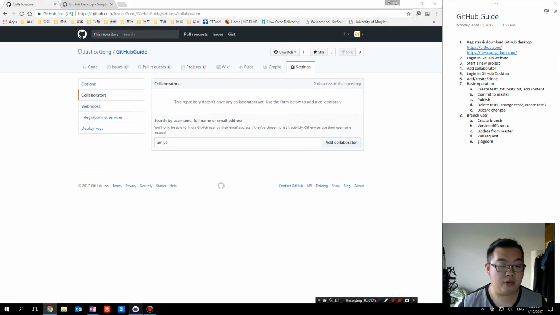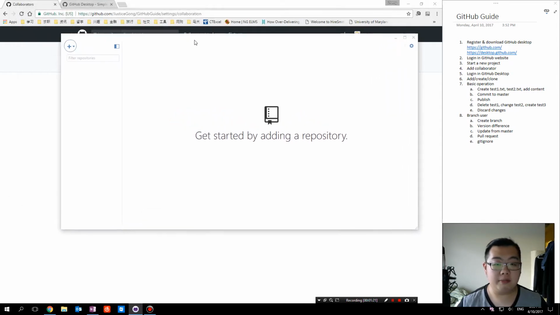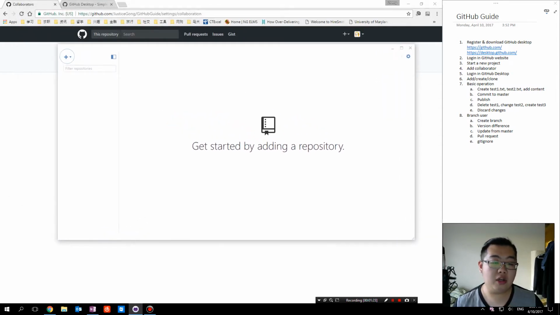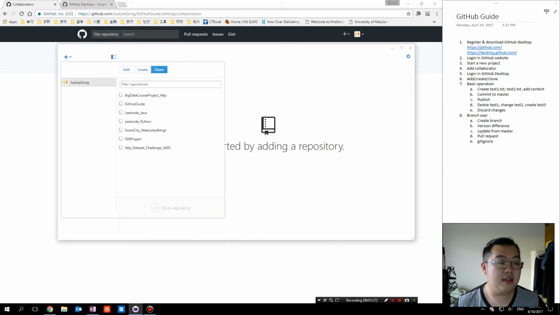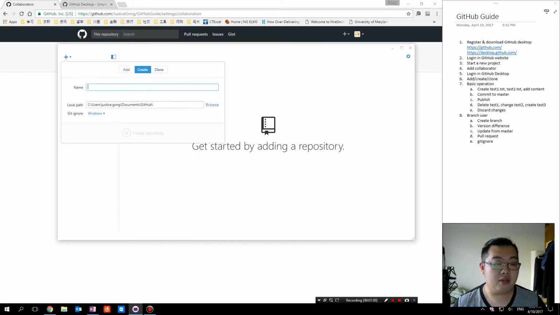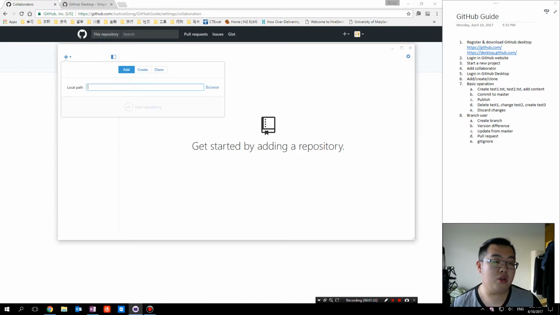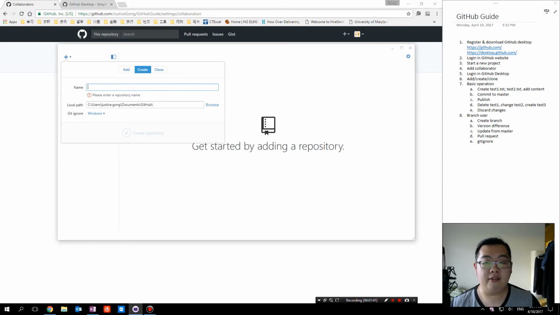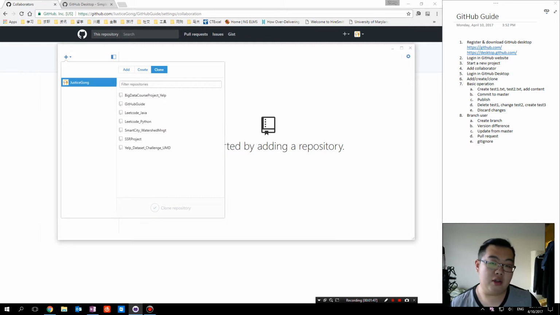So now open your GitHub Desktop, and once you log in, this is the main page. There is a cross sign. If you click it, there are three subpages. The add means you could add a local project to the GitHub cloud. The create means you don't have any project on your local PC or the cloud and you want to create a new one. And the clone means you already have a project online and you want to download it to